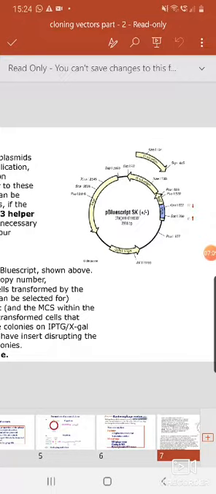It has a phage origin of replication, the M13 or F1 phage replication origin. It also has ColE1, that means the bacterial plasmid origin of replication. It also has an ampicillin resistance gene. There are many restriction sites present. You can clone your gene of interest inside this multiple cloning site and express your protein as a fusion protein with lacZ. There is also a promoter present, a viral promoter they have given here.